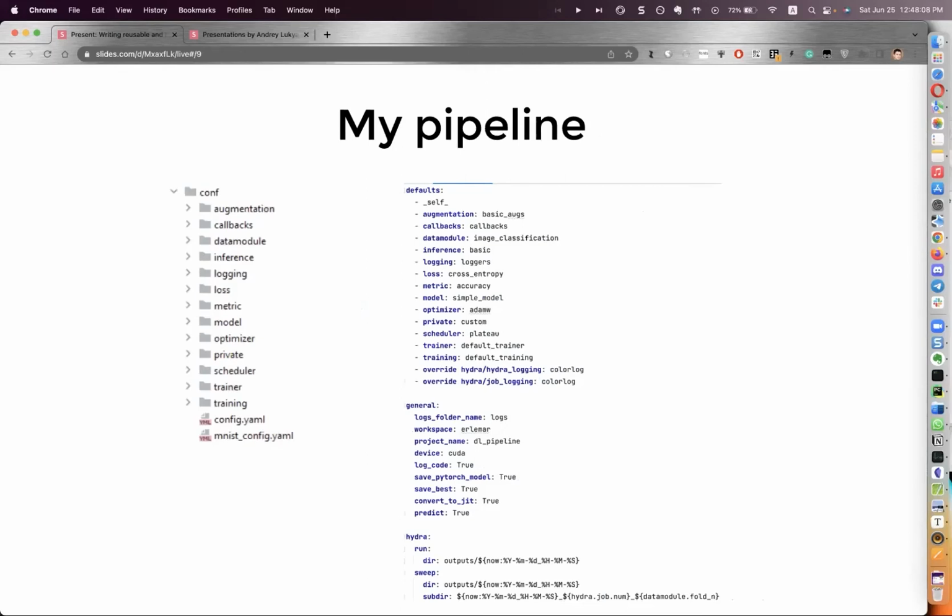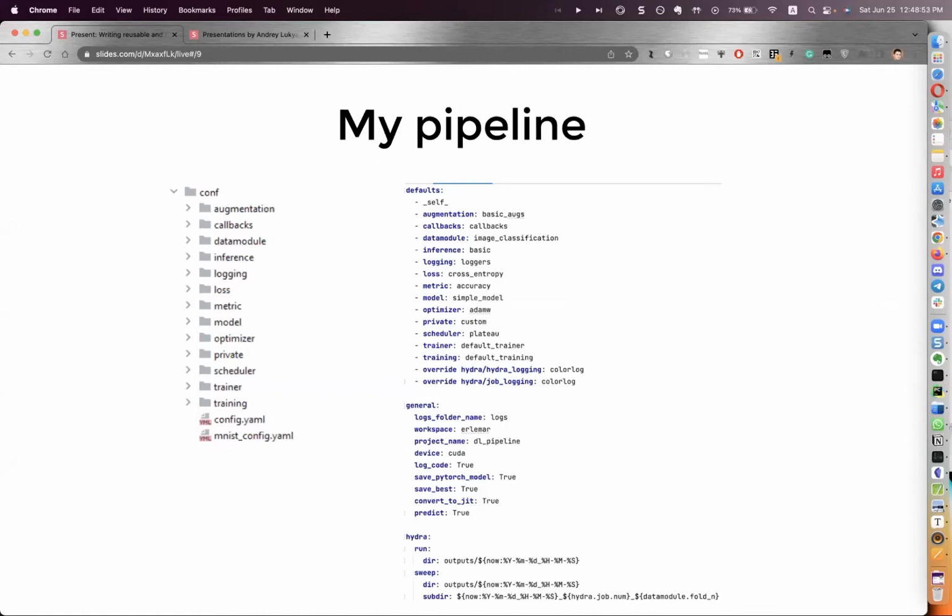So here you can see what the configuration looks like. On the left part of the screen, there is the structure of my configurations. I have split my pipeline in multiple parts, a separate part for augmentation, several parts for model, metric, optimizer, scheduler, and so on. And there is a main configuration file which combines all others. It's on the right part of the screen. You can see that in each folder, I have a separate line and I define the value. For example, I define the metric that I am using, accuracy, I am defining the optimizer, I am using AdamW, I am using the ReduceLROnPlateau PyTorch scheduler, and so on. And it is easy to change any value in the script.